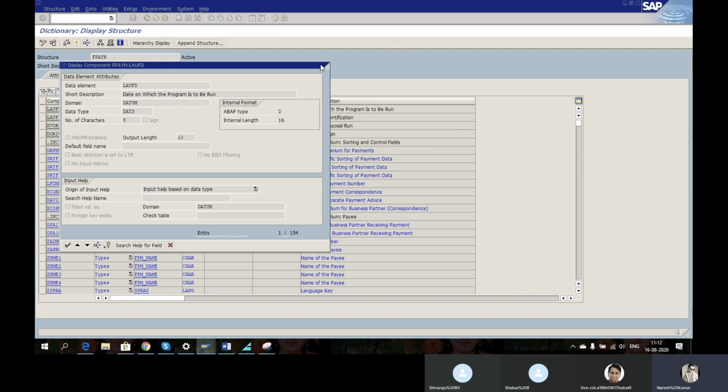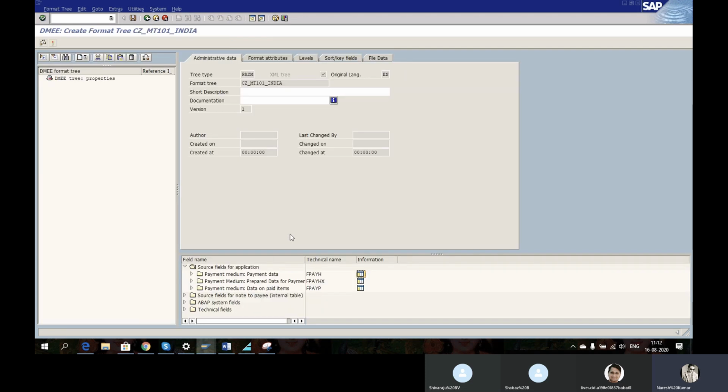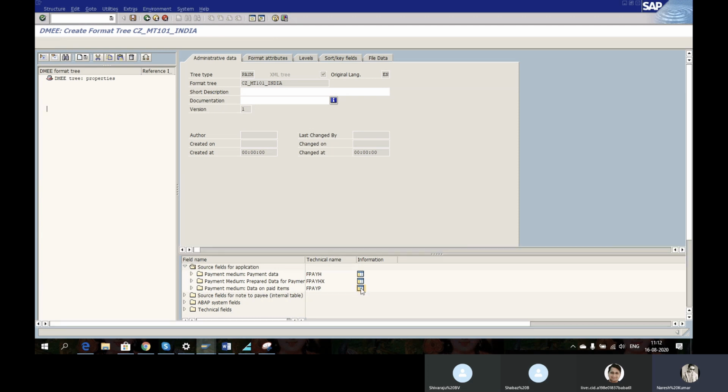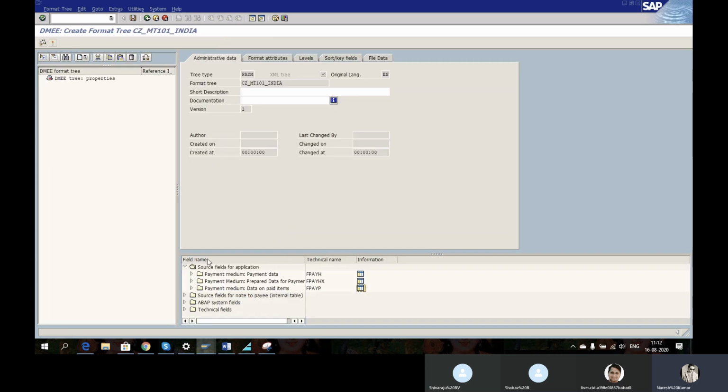No need to remember all these things, but you can just see what exactly the PAYH is, and payment media for paid items. Slight changes are there, but we will be able to see all these things.